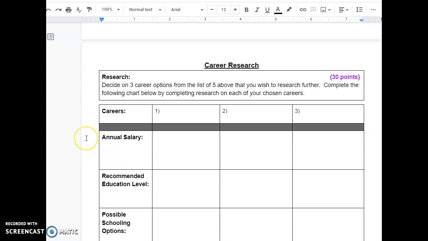Moving on to the career research section, you're going to identify 3 career options that you want to research a little further. So say you choose 3 that you might be the most interested in. It's okay if you choose 3 and you end up not being interested in any of them. This is just an exercise that's going to teach you how to research careers. So in the future, if you're interested in more than one career, you'll know what to look for when you start researching. You're going to list those 3 careers,